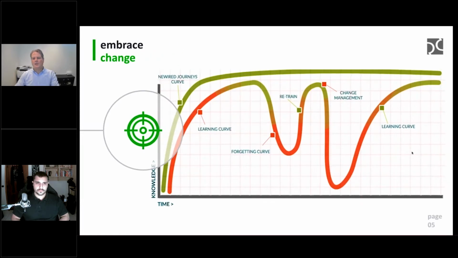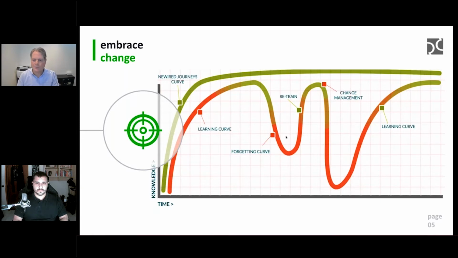This is a scheme of how learning and learning curves work. When you introduce a new system, you give training, classroom training maybe, and people learn how to work with it. But after a while, the knowledge goes down, and that's normal.